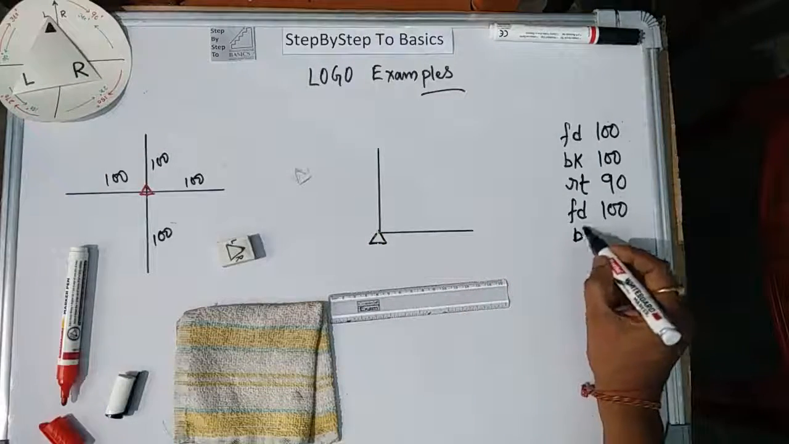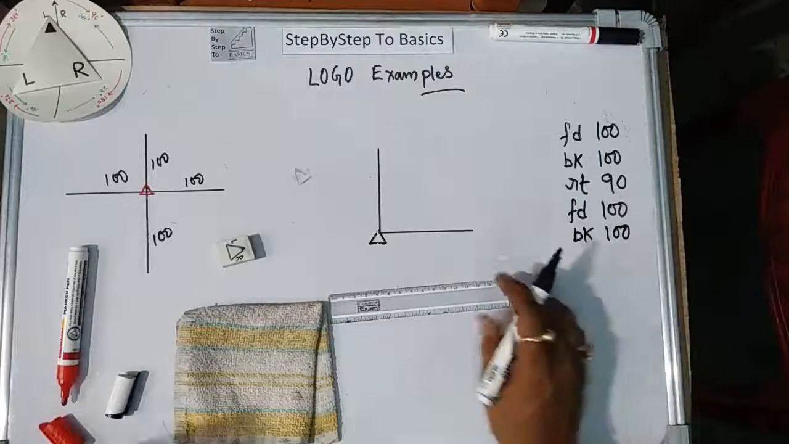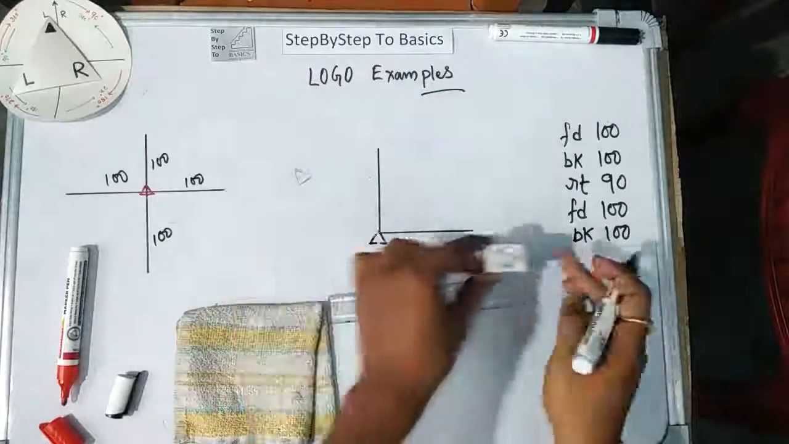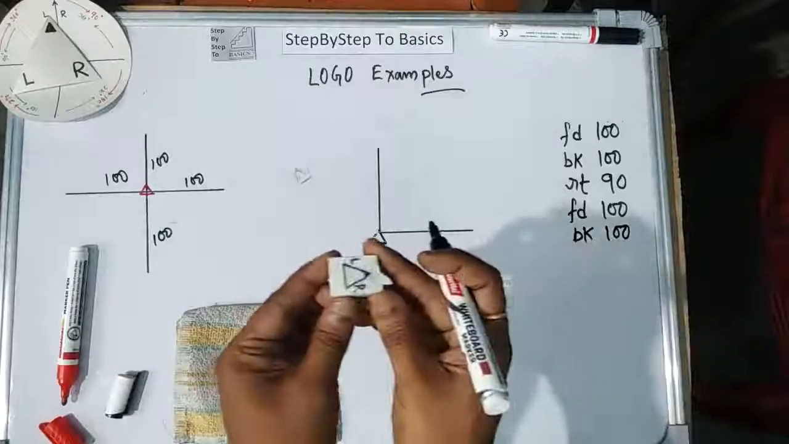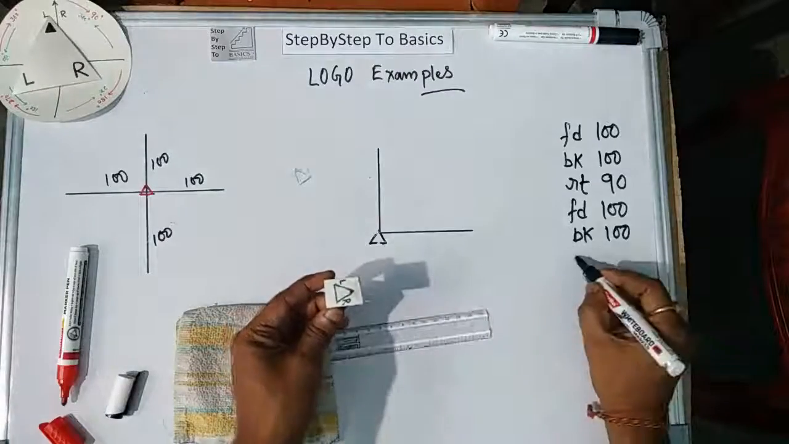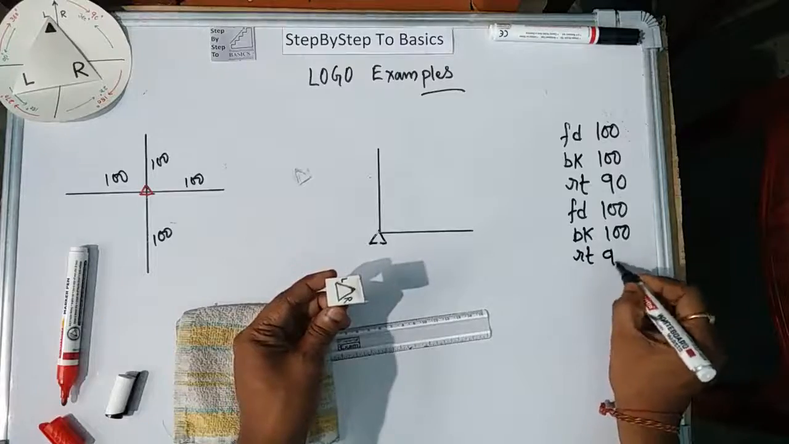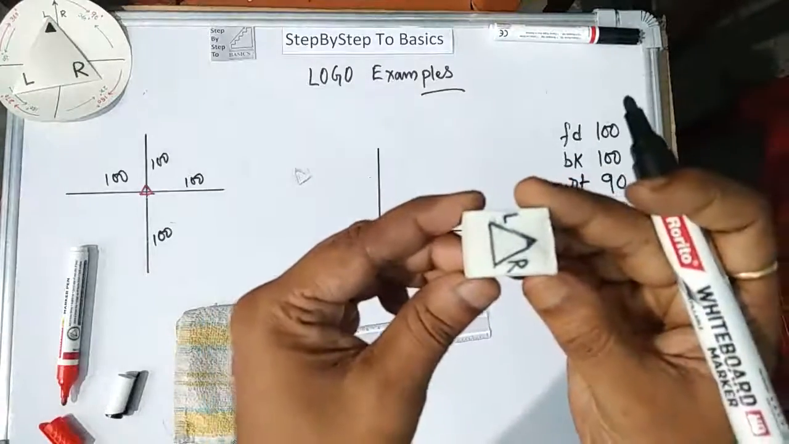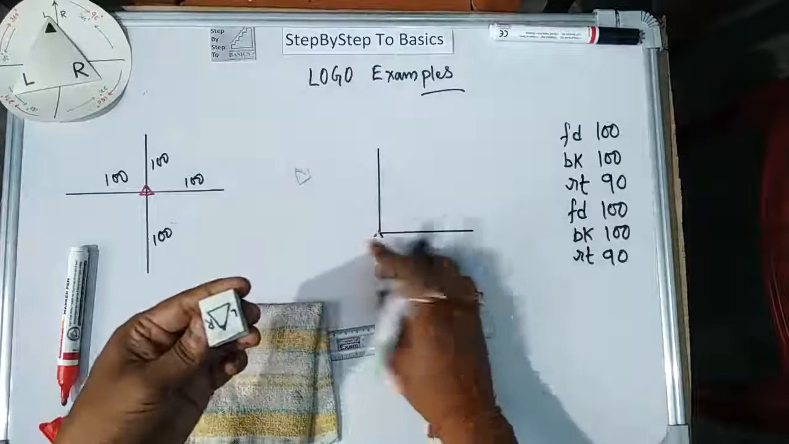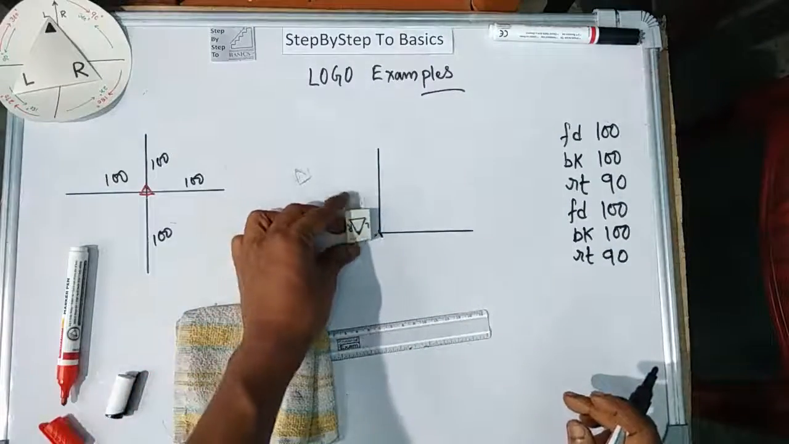So I will write BK 100. Now the turtle again came back. From here it again came back from this position to again 100 this way, and it is pointing this side. So again I will write RT 90. So it will turn the turtle now this way, so downwards. So now it is pointing downwards,